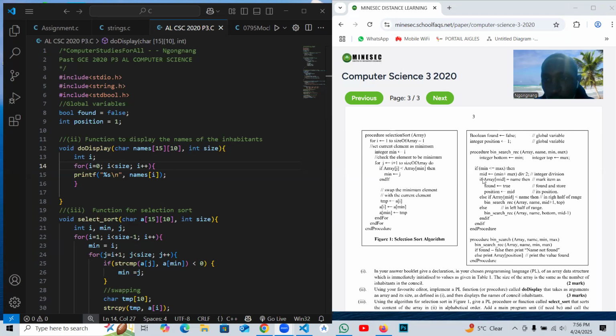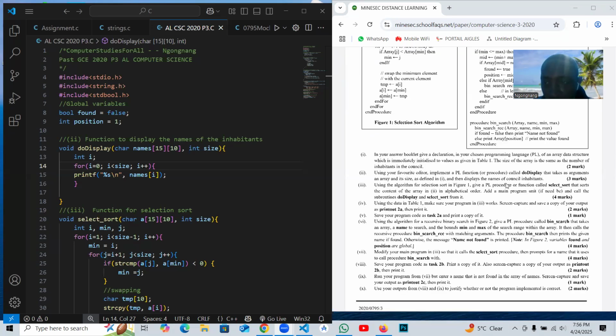Today we want to continue with this question paper, Computer Science 2020, paper 3. We have already answered this paper up to this point. So today we are supposed to continue with point sub 4. And that's the only thing we are going to do today. And then the rest